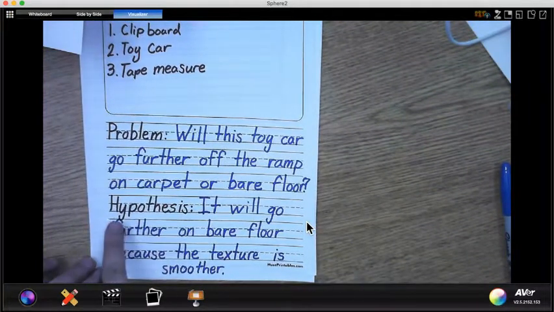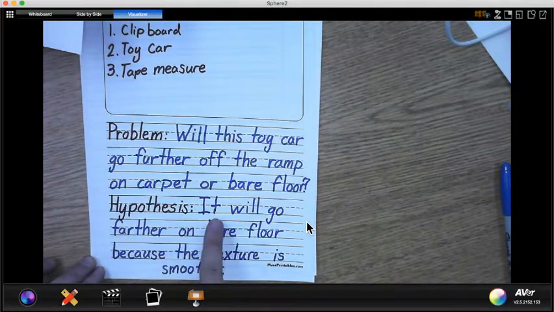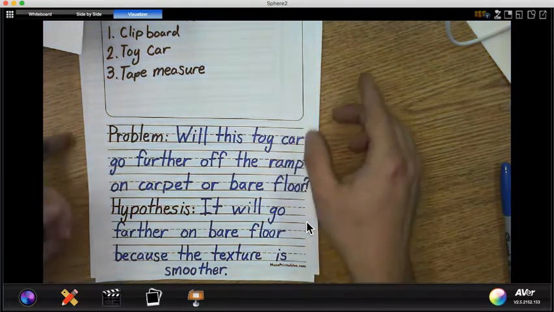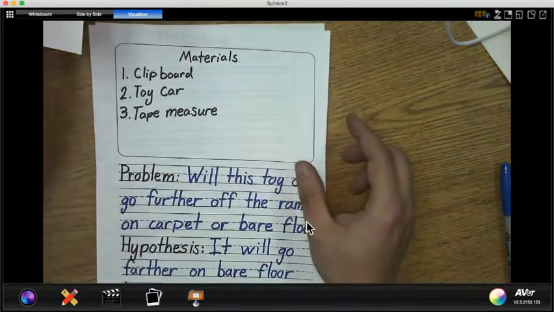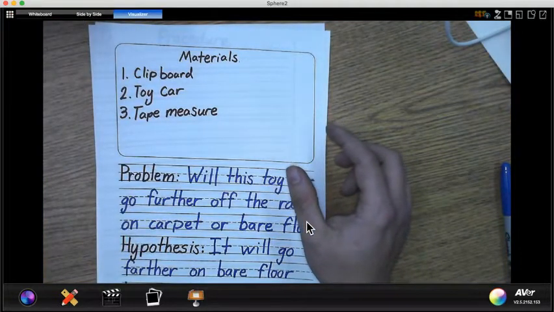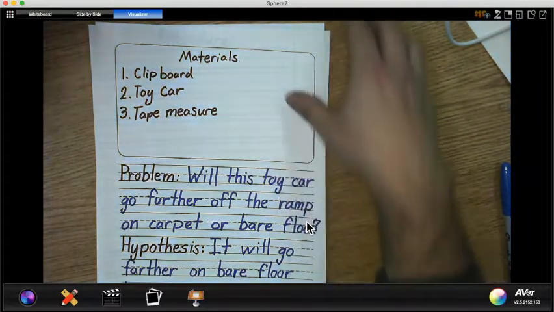I'd like you to record down the hypothesis. It will go farther on bare floor because the texture is smoother. All right. When you're all done with that, we get to go into the next part of this experiment, which is